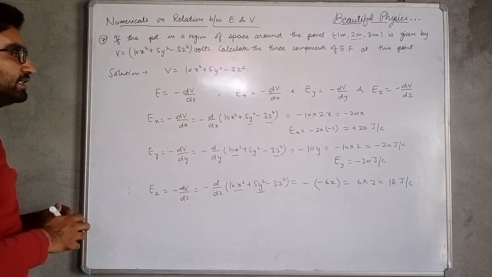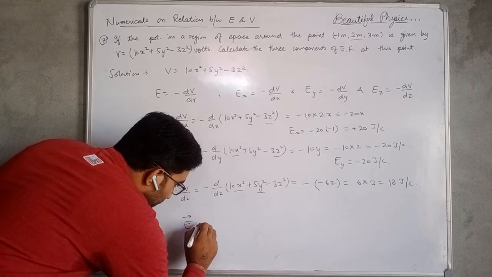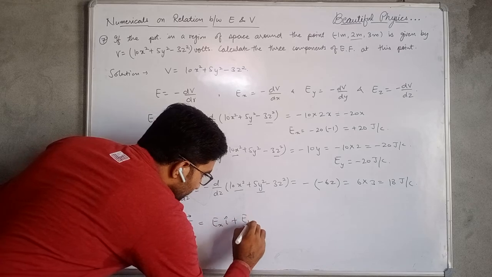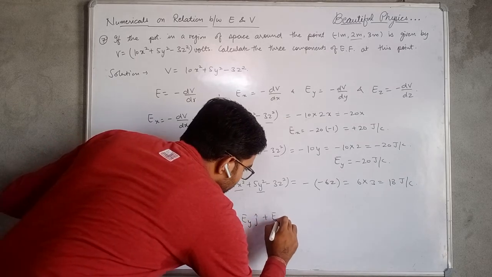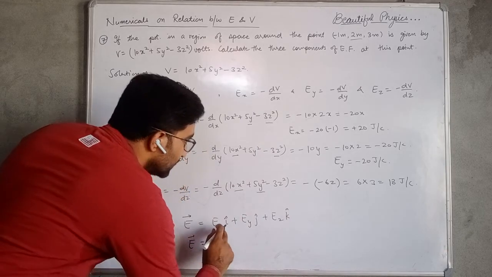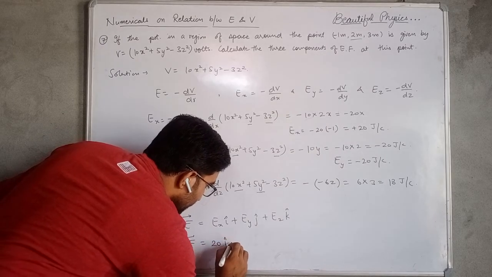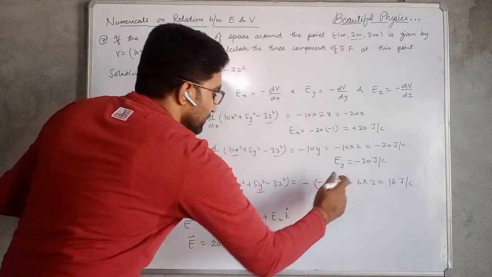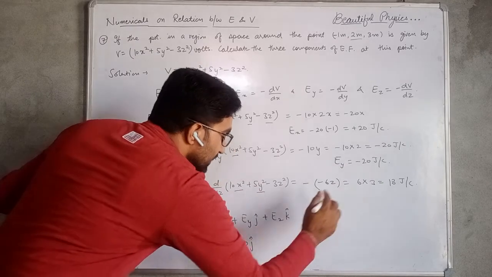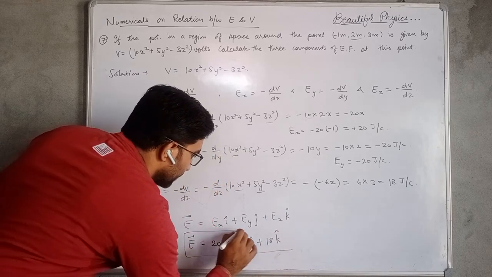If we have to represent it in vector form, then electric field E will be equal to Ex i cap plus Ey j cap plus Ez k cap. So the electric field will be equal to, x component is 20 i cap plus y component is minus 20 j cap, and z component is plus 18 k cap. So this is the electric field